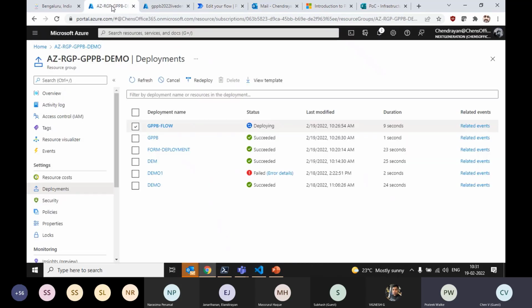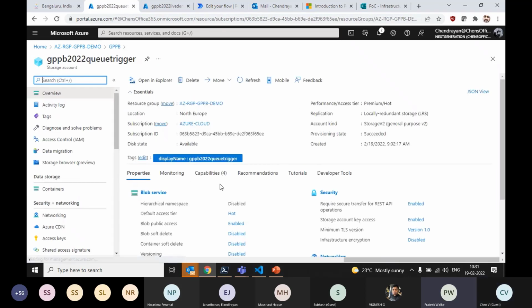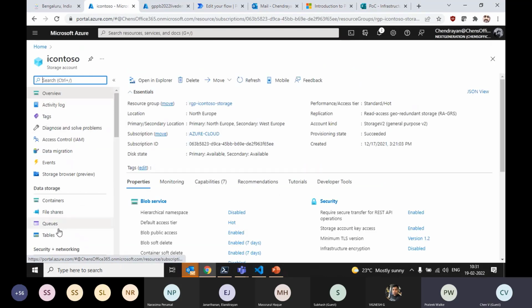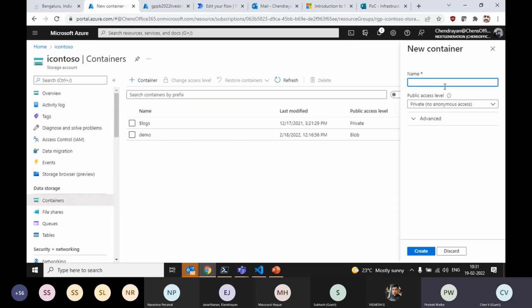What I do is I go to my Azure portal, refresh, and this deployment is done, GBB flow. Then I go to the resource. You should be seeing that a storage account has been created. That's good. That's the previous demo's output. Now I'm going to my storage account. I go to my containers. I click on the container and I say,